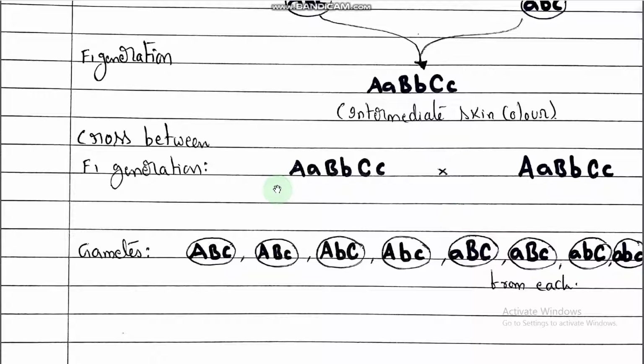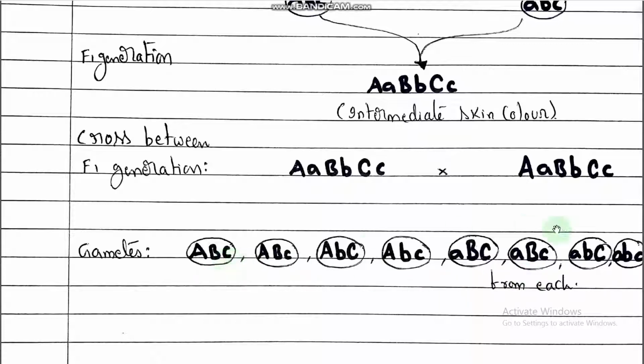Okay, it's very easy. Why? Because how many different types of alleles are there? See here, 1, 2, 3, 4, 5, 6 type. So first write with capital A. Next write with small a. Capital A, capital B, capital C, capital A, capital B, small c, capital A, small b, capital C, capital A, small b, small c, right? Next is with small a. Understood? Right. These are the gametes.